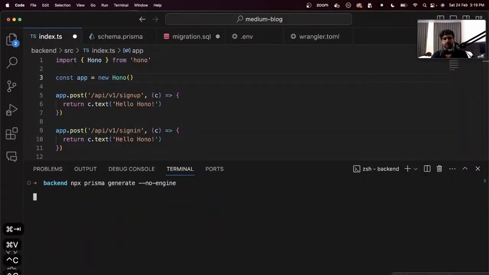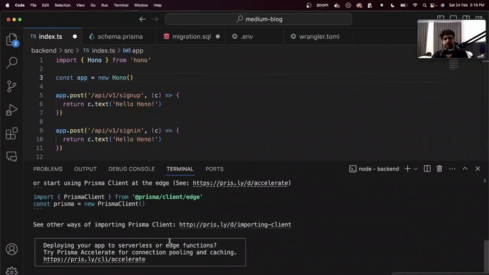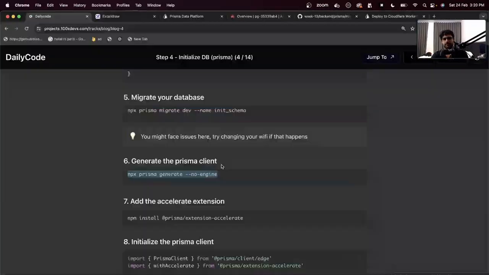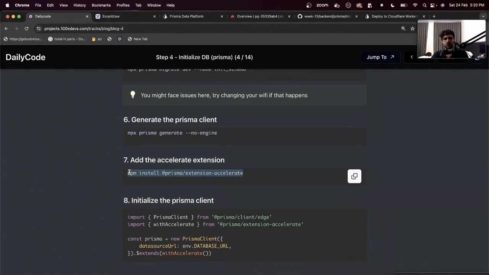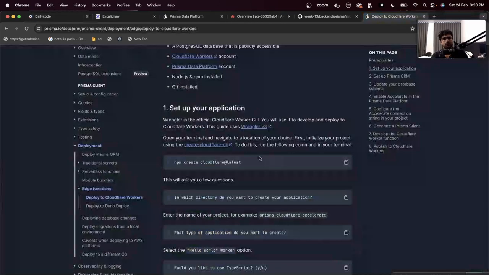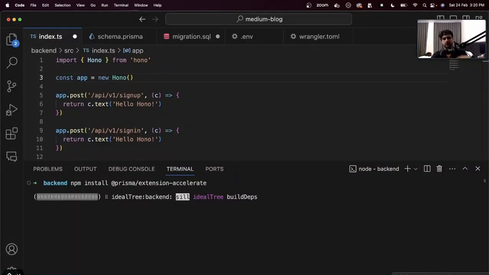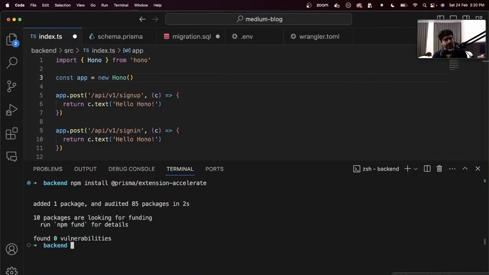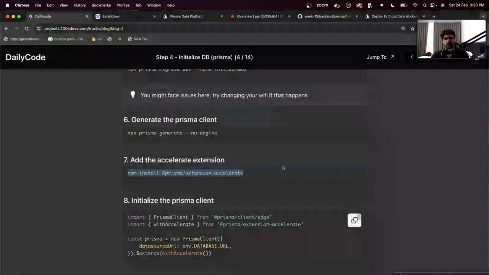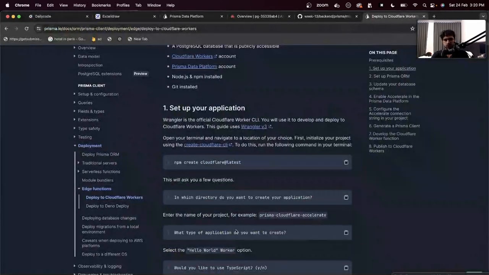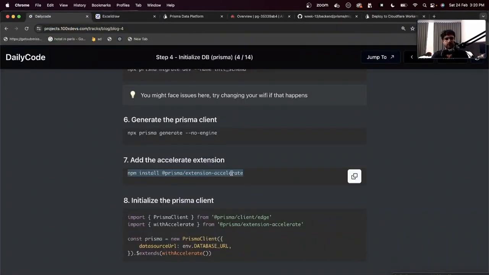All right, let me paste that next. And lastly, install @prisma/extension-accelerate, which is again something they explain clearly on this blog post. And what is this blog post? How to deploy to a Cloudflare worker. So there's no knowledge that's needed here. How did I understand that I have to do this? I also went through their blog post and followed all the steps and realized, yeah, this is what I have to run. Now, the last thing you have to do